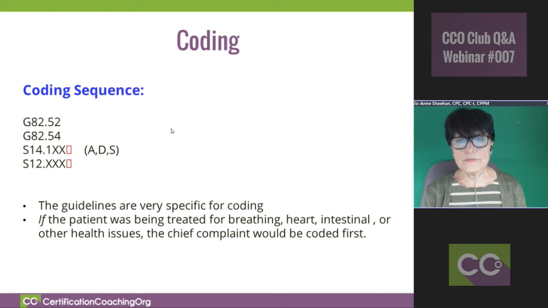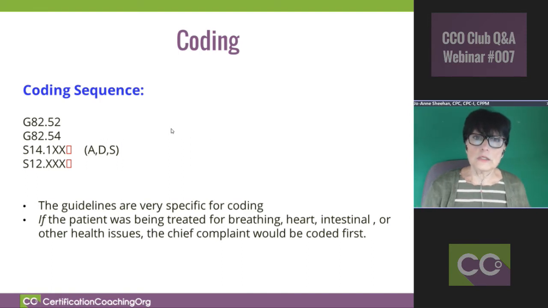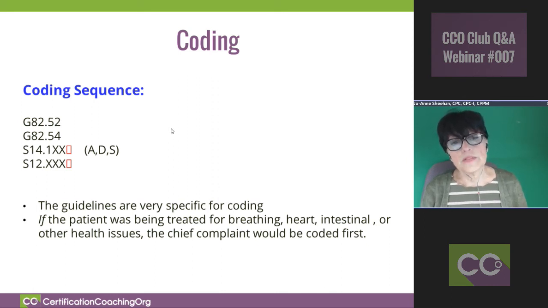Now, if the patient encounter was, and the patient was being treated for a breathing, heart, or intestinal issue, or any other health issue that is a result of the quadriplegia, well, that has to be coded first. You always ask yourself, why is the patient being seen? If it's just a checkup, because the patient has problems all the time with the ventilator, problems that may be associated with quadriplegia, then you would code in the sequence that I'm presenting to you